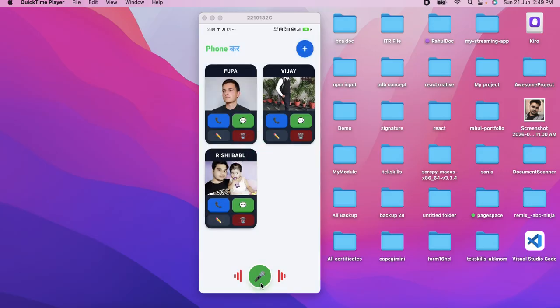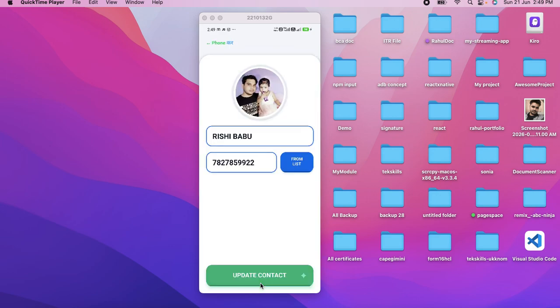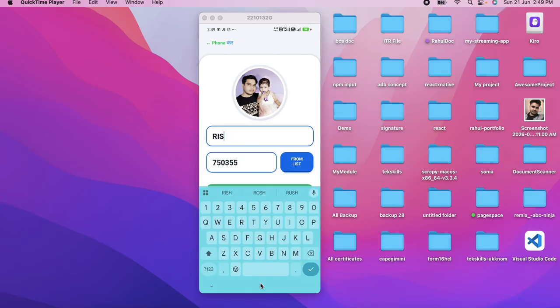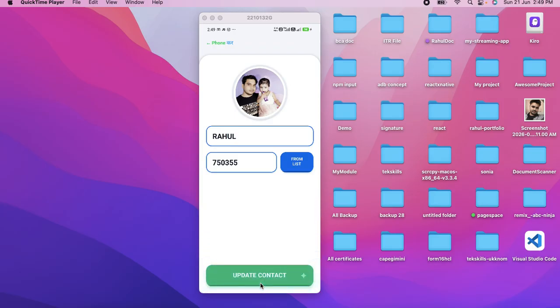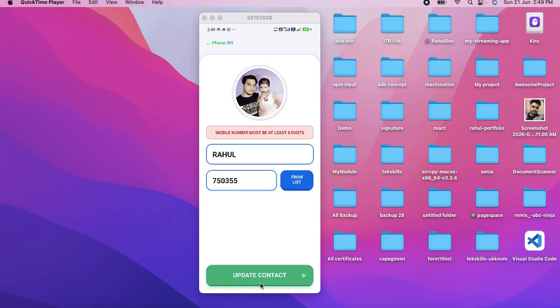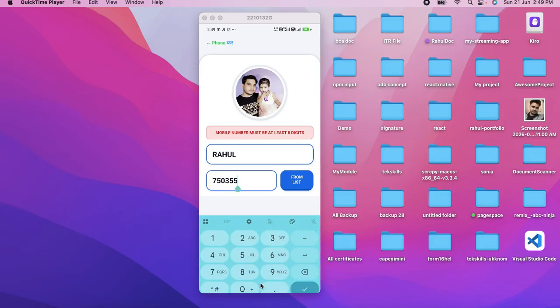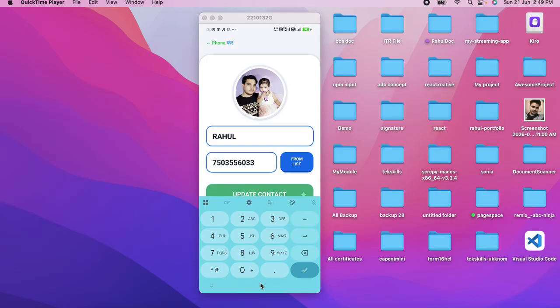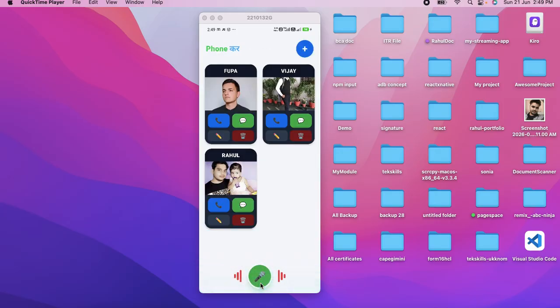Suppose this is the contact. I just remove the contact number here. That's my number. Okay, and now here I'm changing the name to Rahul. Okay, and now save it. It's asking for at least the... okay, so I need to add the complete number here. Now see,